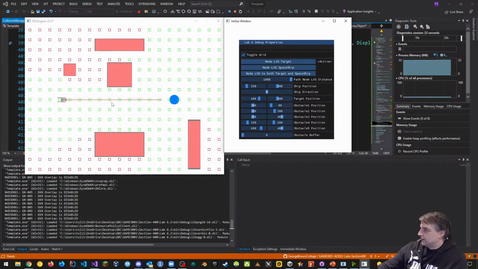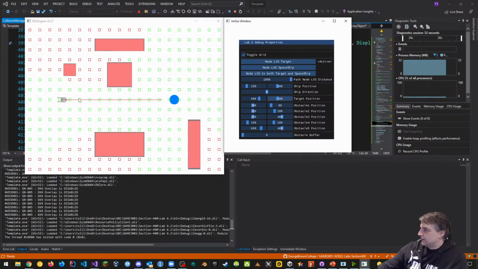So notice that we have nothing blocking between the ship and the target, but the line of sight line is still red because this line, even though it's going towards the target in the direction of the target, is not touching the target unless I move my ship closer. That's what that line does. If I move my ship closer, and if I just touch the target, that line becomes green.